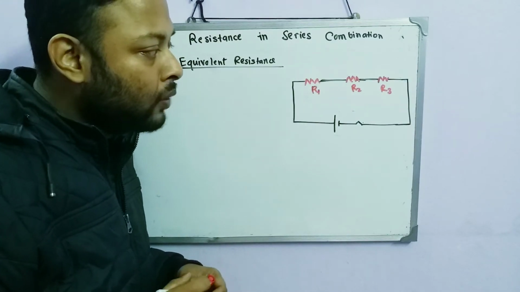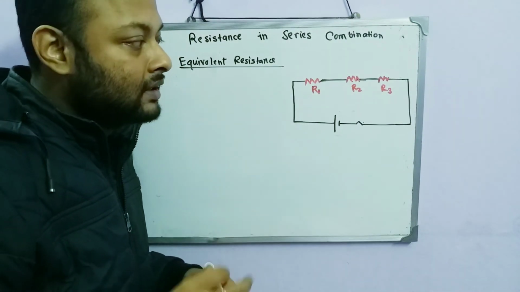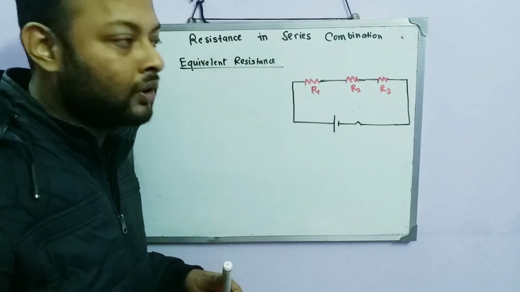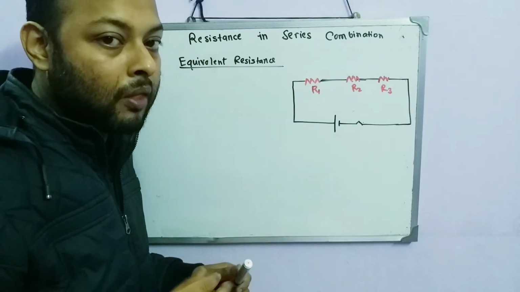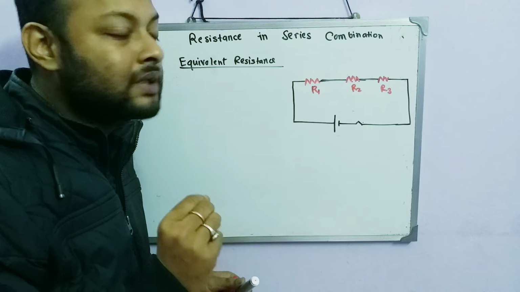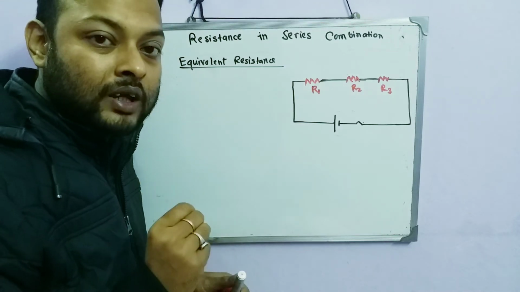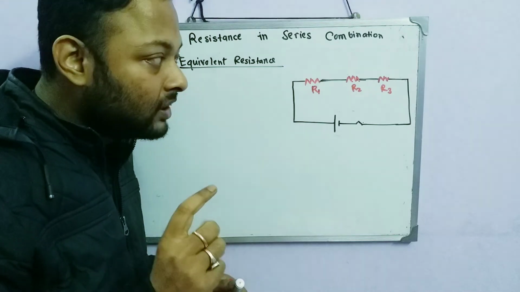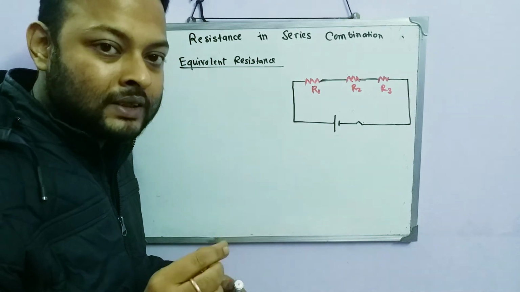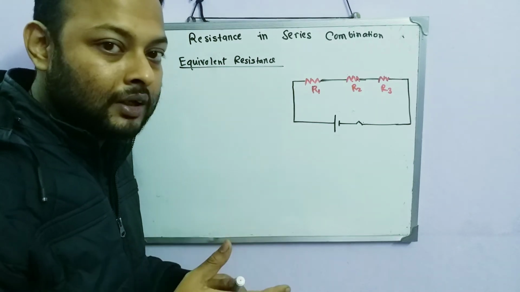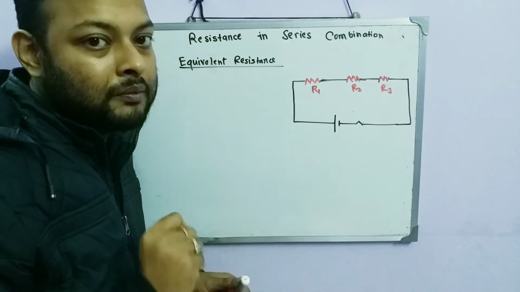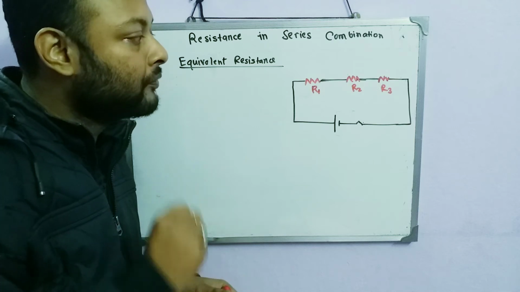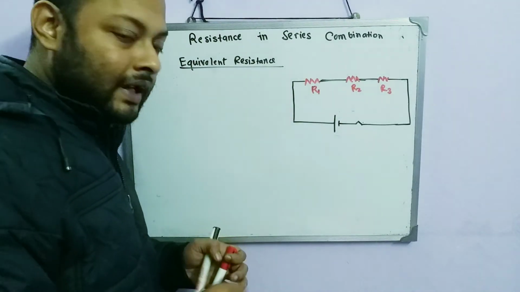So what is the theory to find it? See, basically I can give you the direct formula that we have to add the resistances. But how this formula comes into existence, that is very important to know. You have to clear the concepts. Otherwise, if the sums come in depth, then it becomes problematic to solve it. So let me explain you one thing.